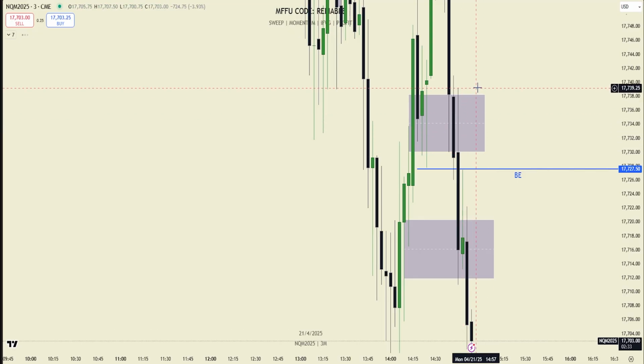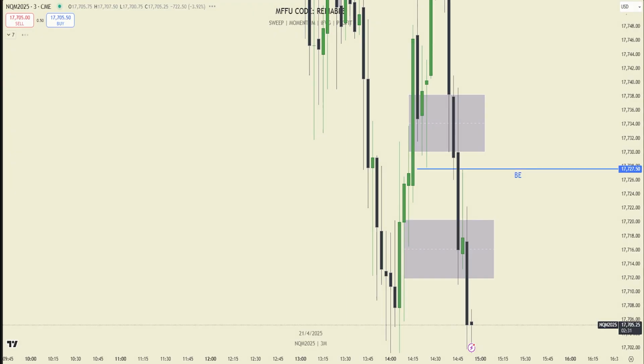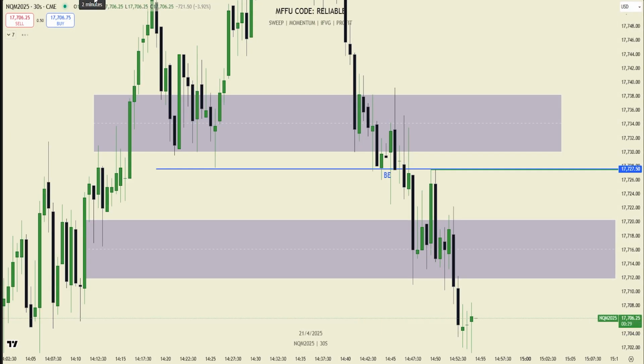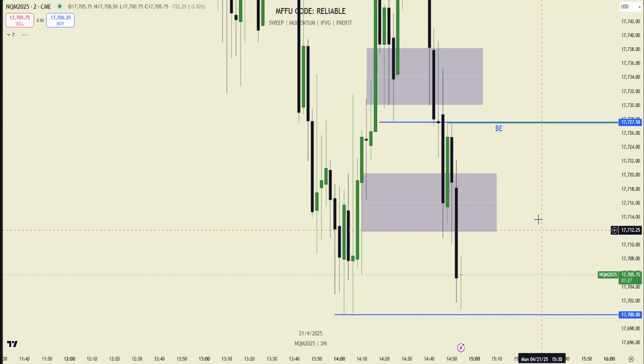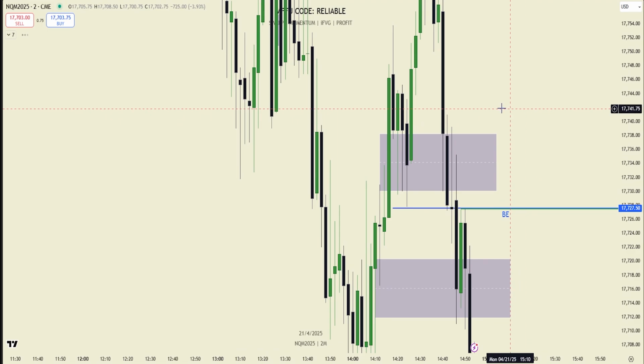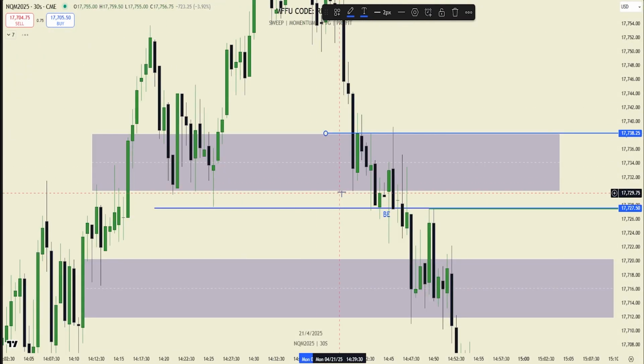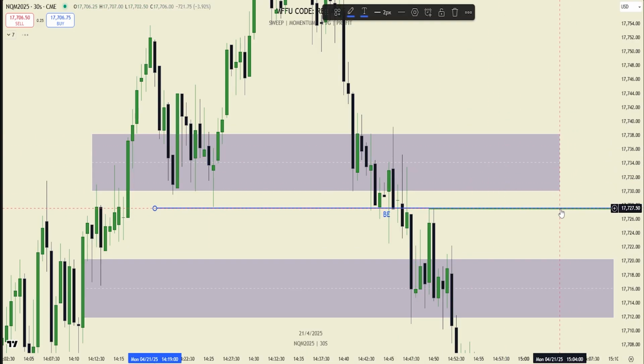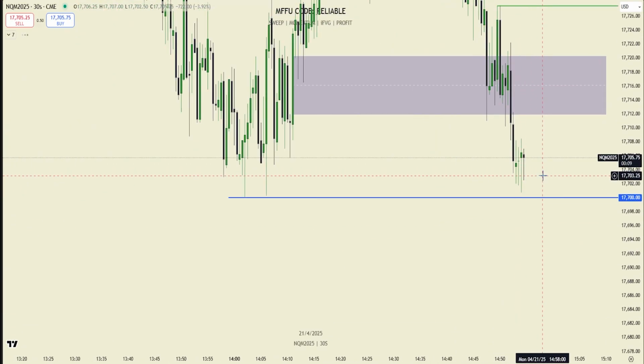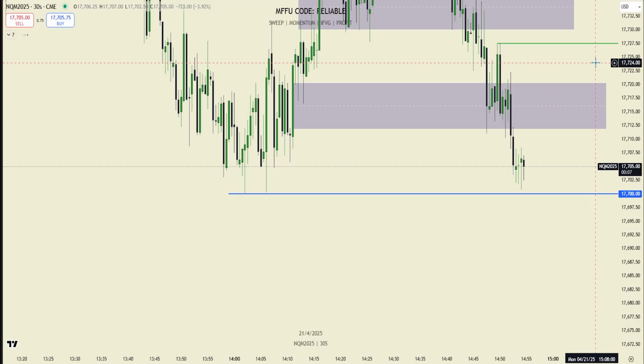Wait, you didn't get... oh, you had a better fill? Oh, nice. So wait, you held for this entire move down? Good. Yeah, so the fill would have been here, right? And then price came down, hit the low first, and then came back up, I think, right? Yeah, here with this candle. So yeah, it just wicked us out and then headed lower. You went out fully now, that's totally fine.